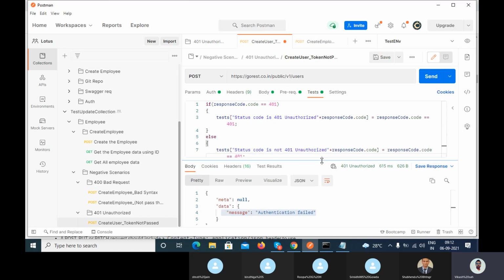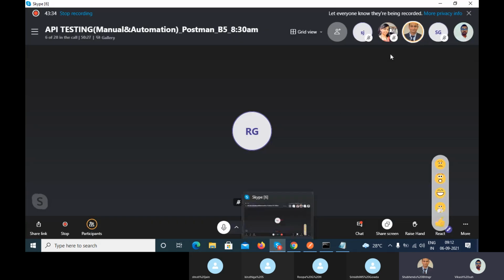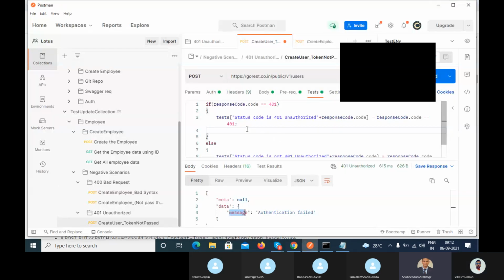Then tell me how I can verify. Quickly tell me the code, how I can verify this message. Tell me, guys. First, we will parse it to the JSON body. First, parse the response body, okay, and then